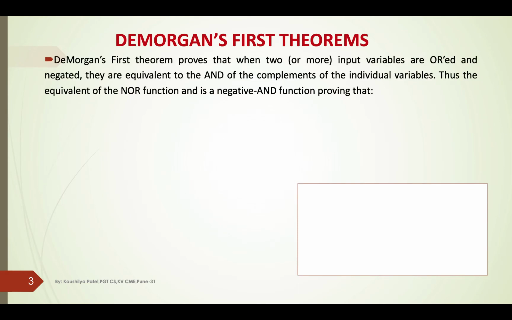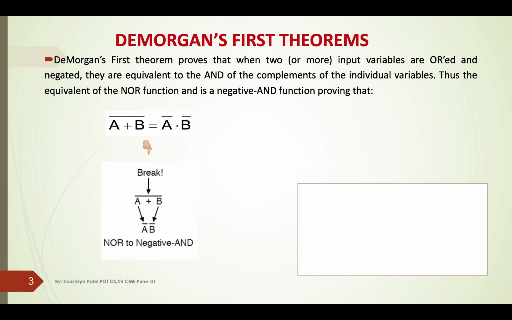De Morgan's first theorem proves that when two or more input variables are ORed and negated, they are equivalent to the AND of the complements of the individual variables. Thus, the equivalent of the NOR function is a negative AND function, proving that (A plus B) whole complement equals A complement times B complement. This we can break like